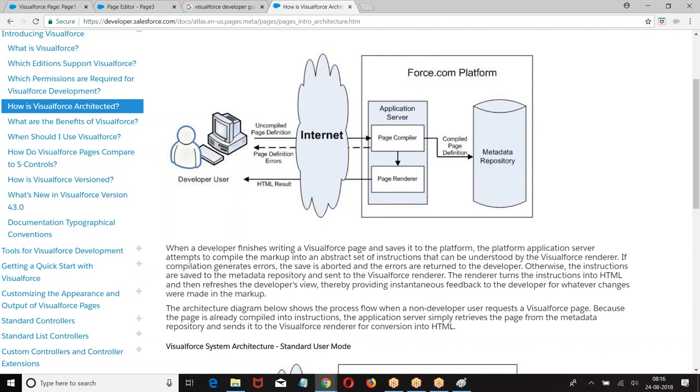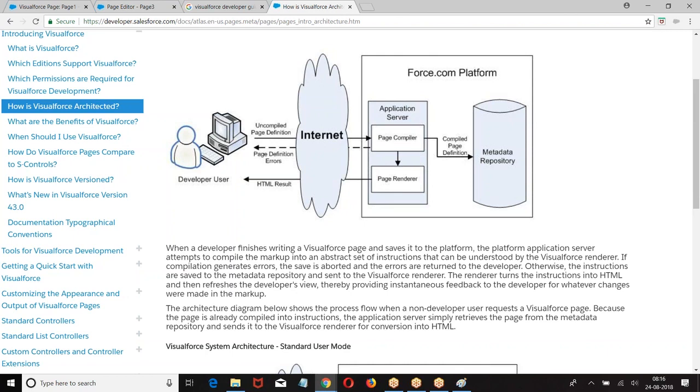What is a standard controller? If you want to refer to the properties of any one of the sObjects, the save button on the object should be exactly the same, and whatever cancel button Salesforce has created, exactly the same. If you want to perform standard actions defined by Salesforce, I'll go with the standard controller.